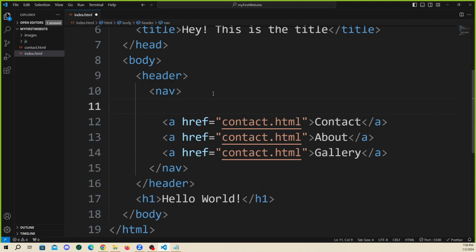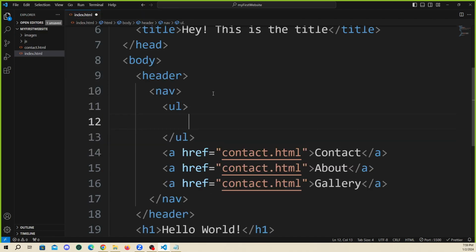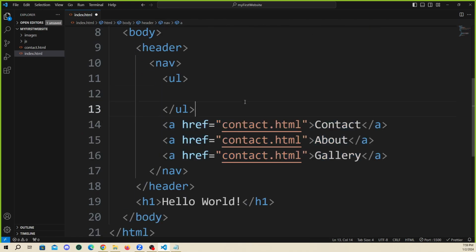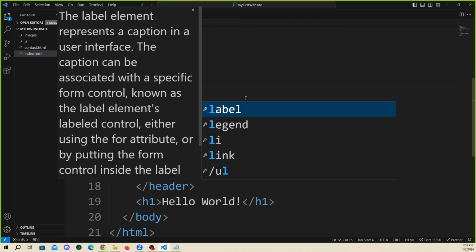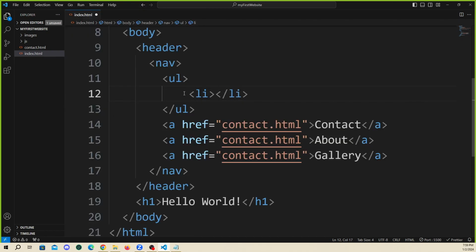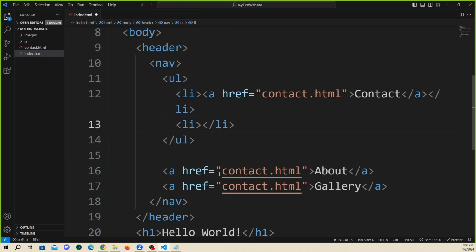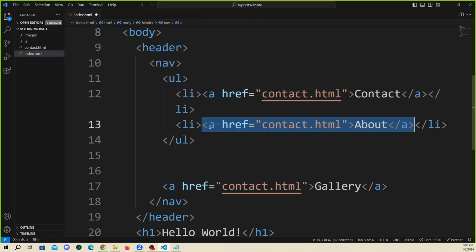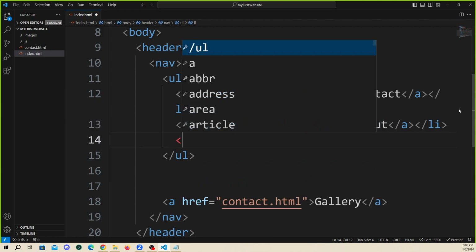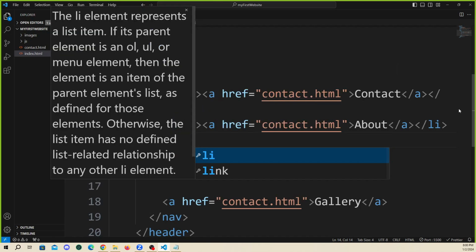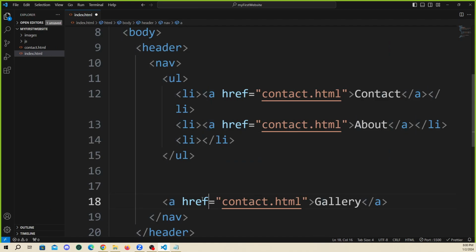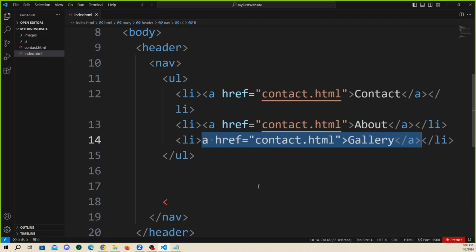Another thing you would want to do is put these in an unordered list. But when you have an unordered list, for each list item, you need a list item tag or LI tag. So this would go in here, and then I'll have another LI for this one, and another LI for this one. So again, I'm further organizing things. I'm saying,